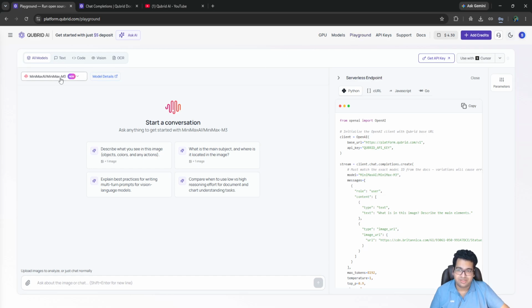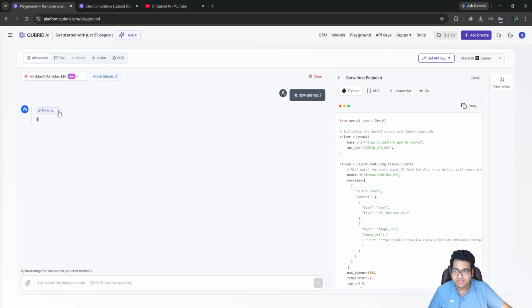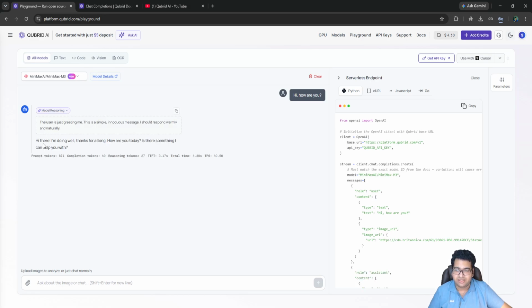You'll see MiniMax M3 selected by default, and you can ask questions. For example, hi, how are you? Or this is most likely meant for pretty complex tasks. It will also do a bit of thinking, so you can see the thinking, the reasoning, and you can see the response. You can also see this is a very fast model. Once you have understood how to use this model and you think this is a good fit for